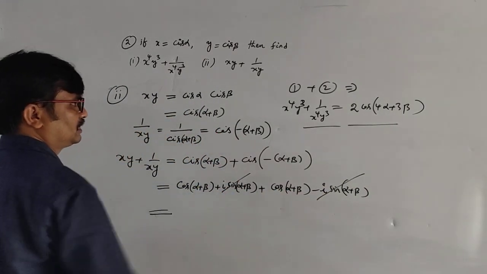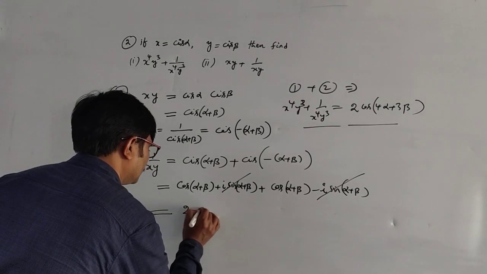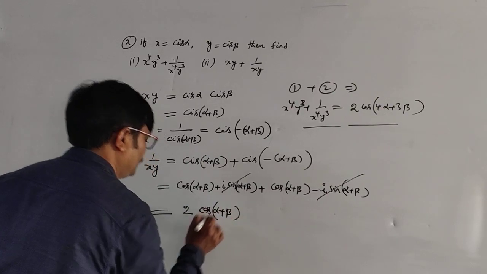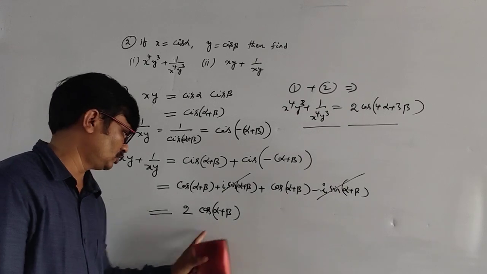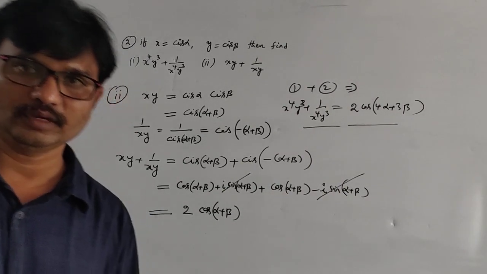Cos plus cos, students, is 2 cos of alpha plus beta. Cos alpha plus beta plus cos alpha plus beta is 2 cos of alpha plus beta. Okay students,